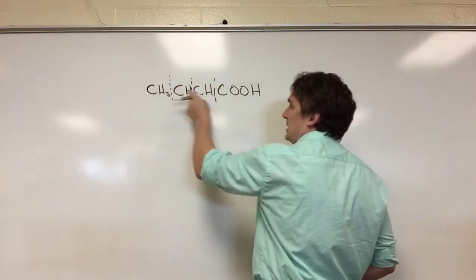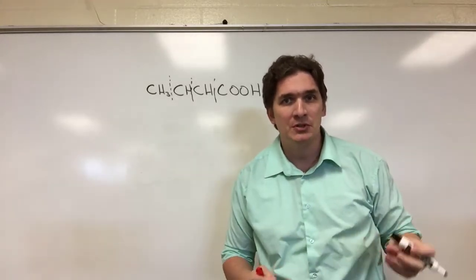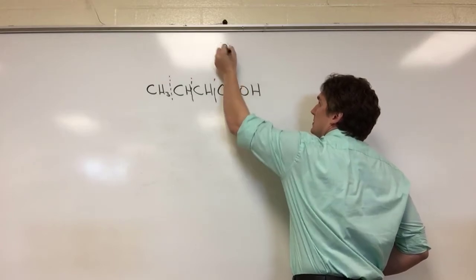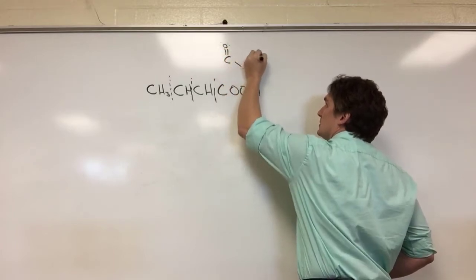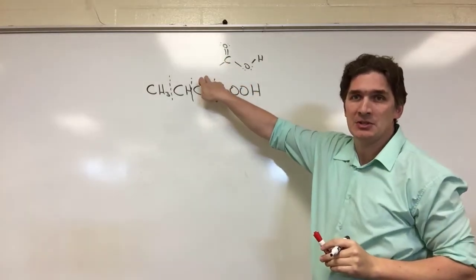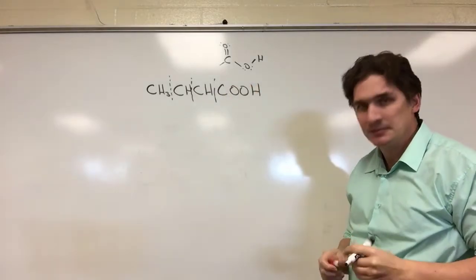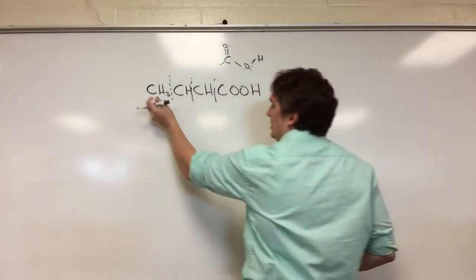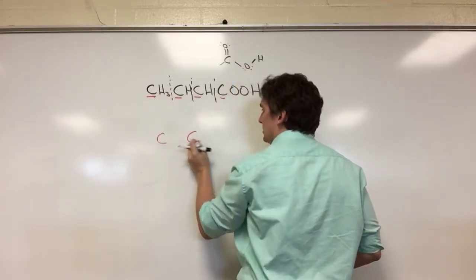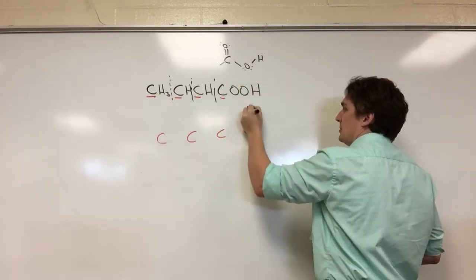We have a CH3, a CH, a CH, and a COOH. Now, to take organic chemistry, what you're going to learn is that a COOH group looks like this. So it is a carbon connected to whatever the next atom is in the chain. The COO is your carboxylic acid group. Now, knowing this, you've got a chain with 4 carbons plus that oxygen. So we've got carbon, carbon, carbon, carbon, and this carboxylic acid